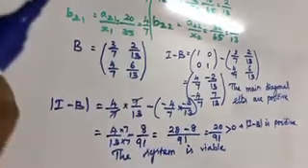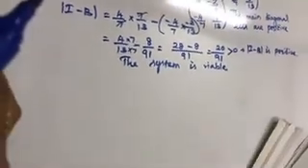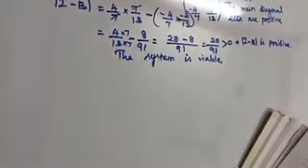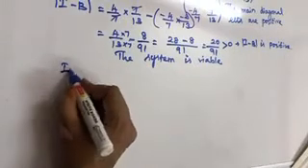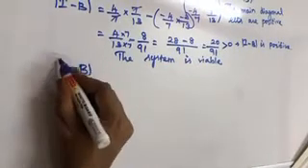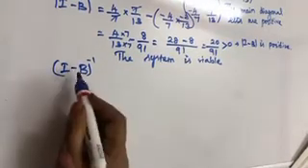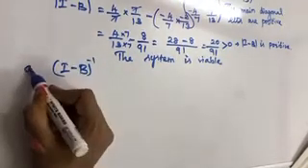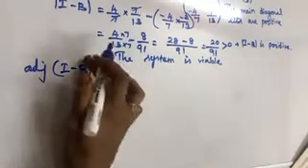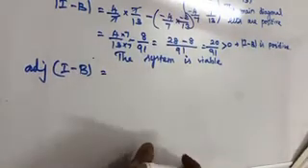What we need to calculate now? We should find the gross output. Okay, so I minus B inverse. To calculate I minus B inverse, we need to find the adjoint of I minus B, the adjoint matrix of I minus B. Okay, so what is the adjoint matrix of I minus B?